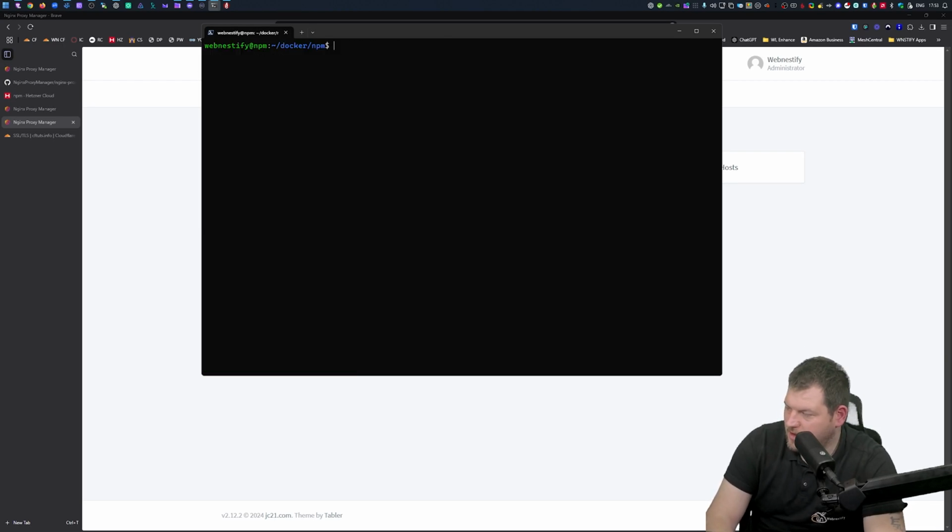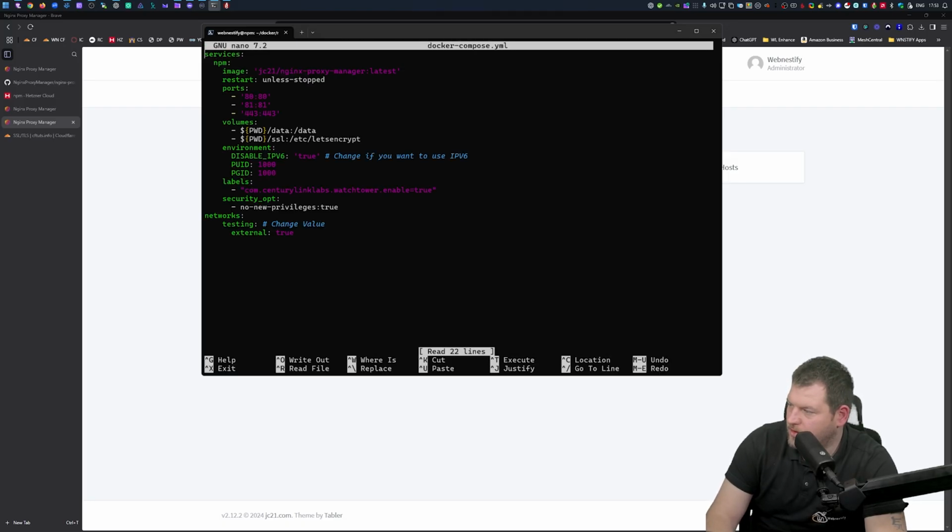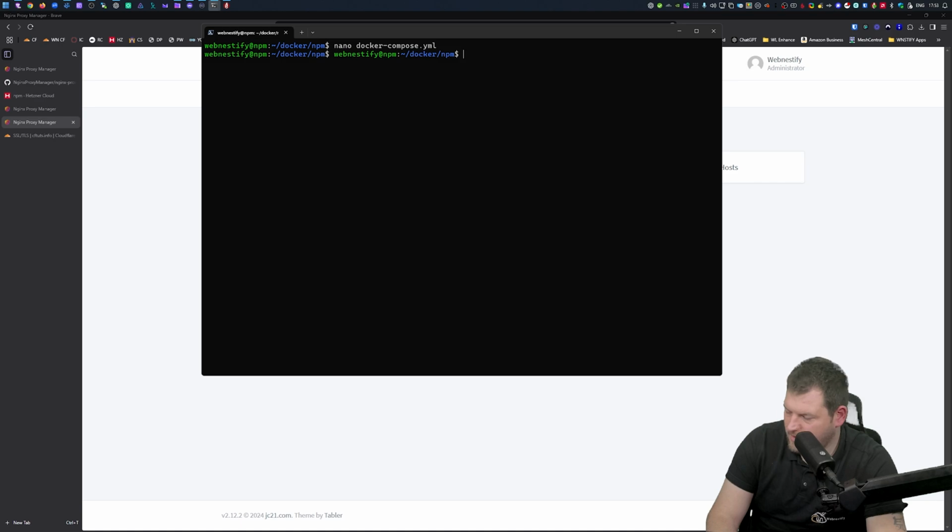Let me clear this, and we will edit our Docker Compose file, which is nano Docker Compose, and right next to the port 81, I'm gonna add a double dot and 127.0.0.1. Gonna save it,